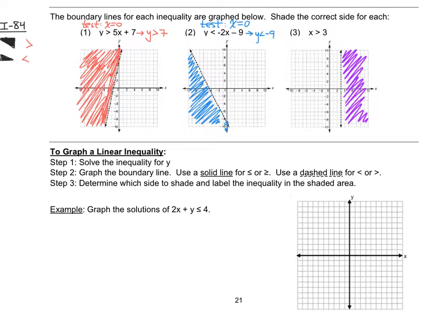Is it ever just like a straight line, like horizontal? Yeah, it would be if it said y greater than, less than, or equal to just a number. Oh,